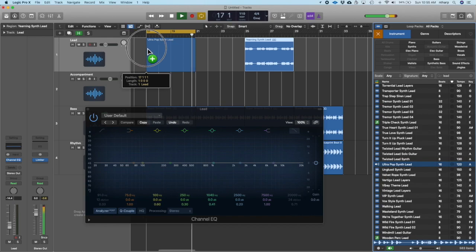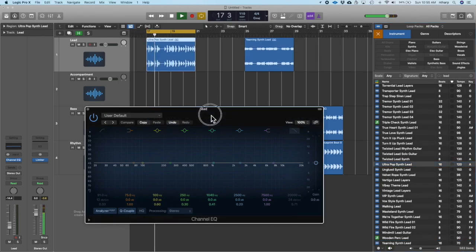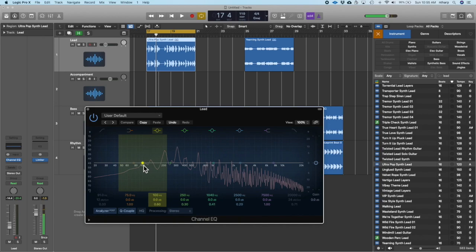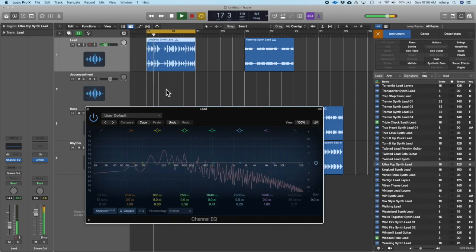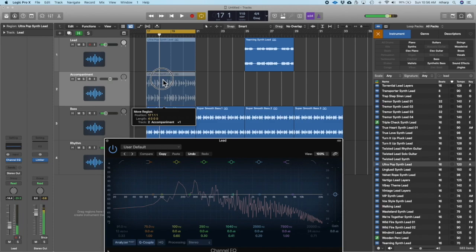Okay, this happens a lot in the class. What I've done is I found an accompaniment part right here. It says Ultra Pop Synth Lead, but what you're going to notice is that there's a lot of frequencies down here between 100 and 300, and that's the accompaniment range. See all that? This is an accompaniment sound, and I can prove that for you because I can move it to the accompaniment